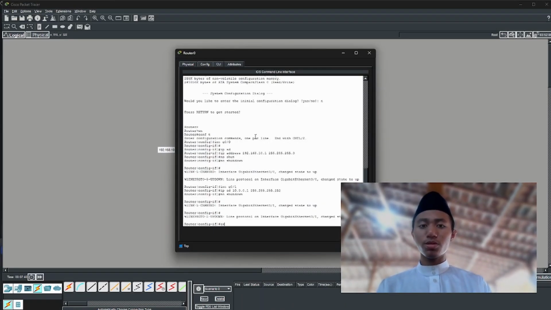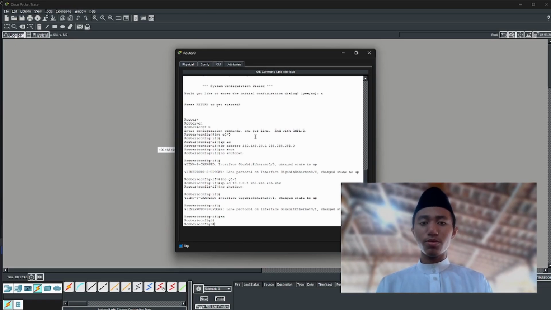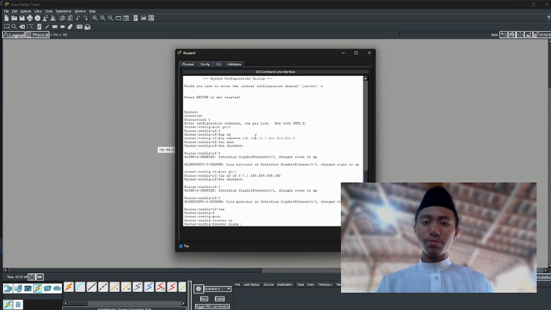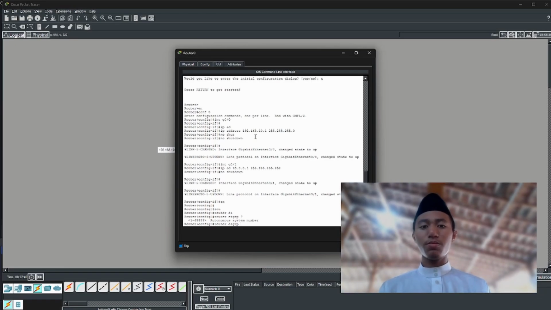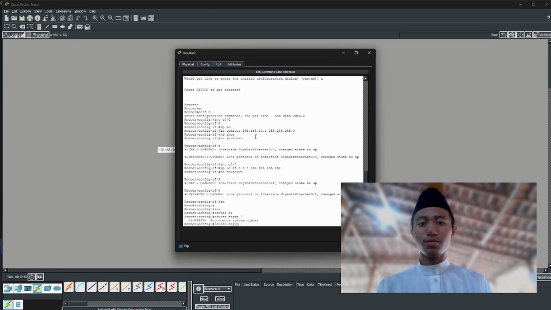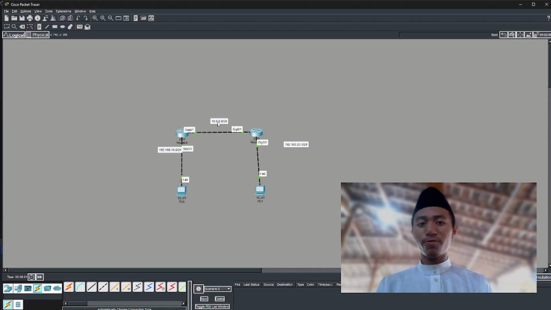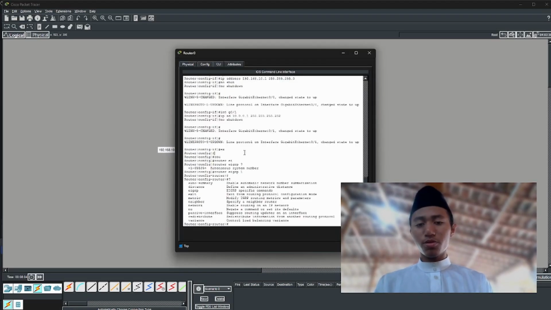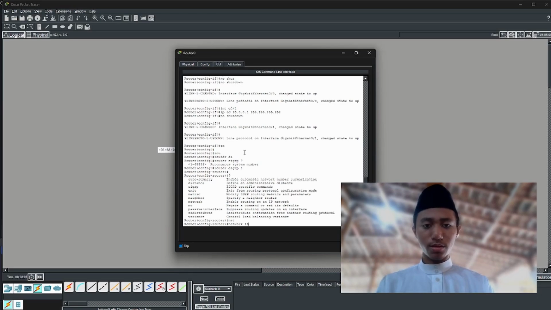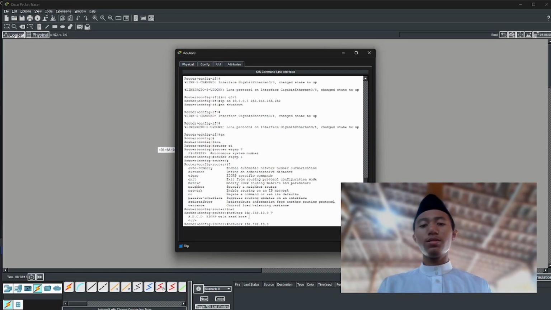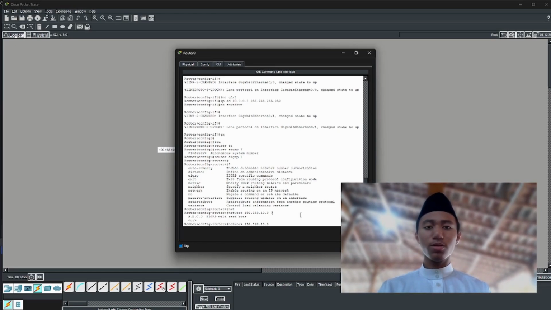This is why we must set up the routing protocol. Here we're going to use EIGRP by using the command router eigrp, then the AS number. Because it's a virtual lab, I'm going to use AS number 1. After that, we assign the networks by using the command network 192.168.10.0. This one will be different: it will not use a subnet mask, but a wildcard.